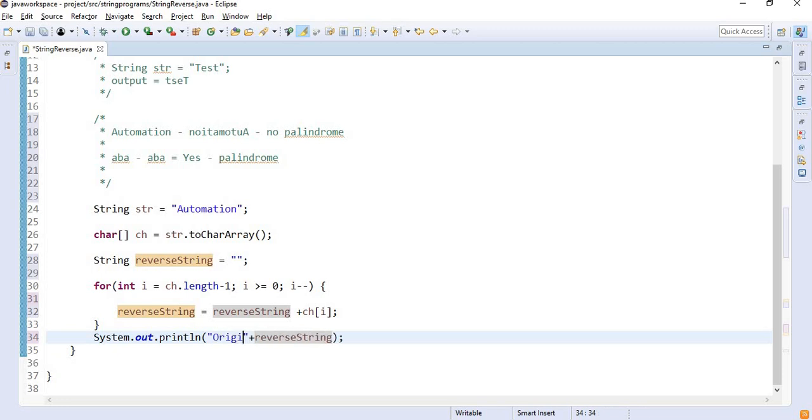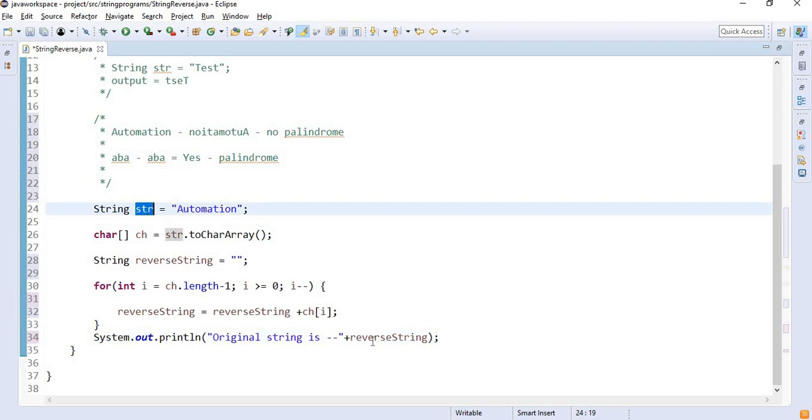So the original string is this, and what is my reverse string?